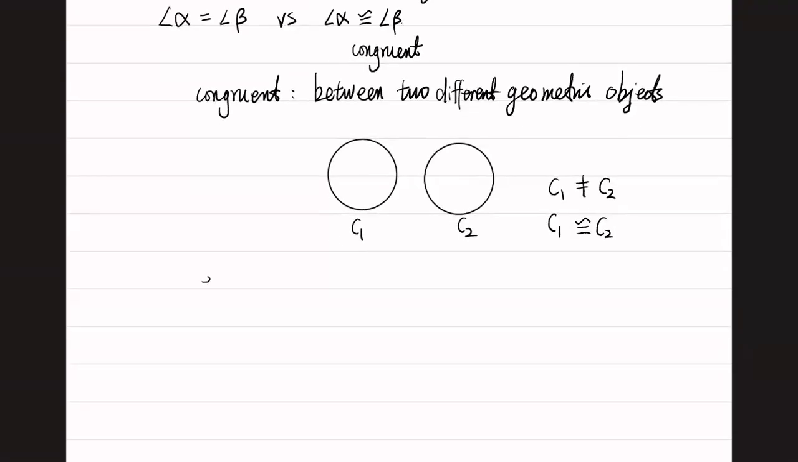Equal. Okay, two geometric objects, the circles, they have the same area, same length, so circumference. For example, we can see the area of C1 is the same as this area. This area, the length